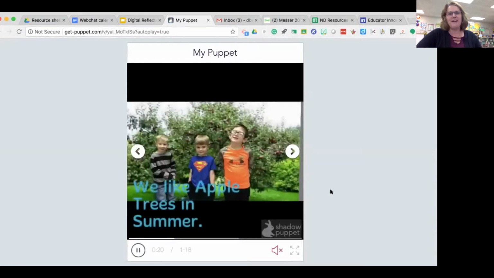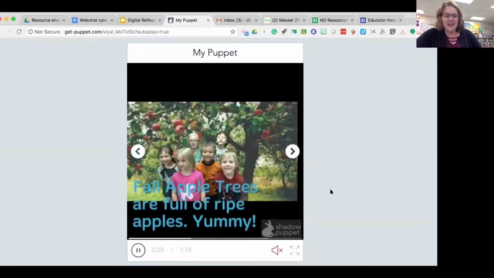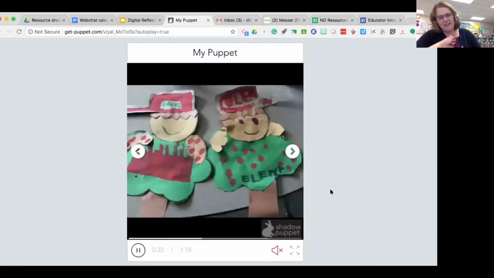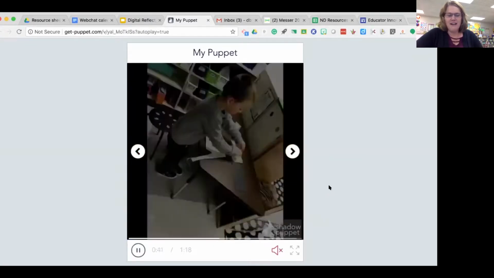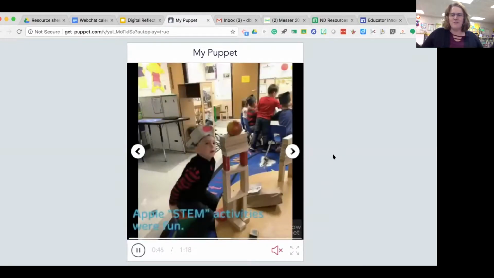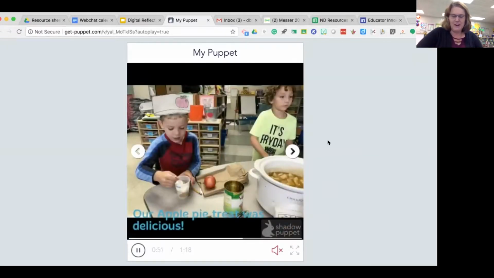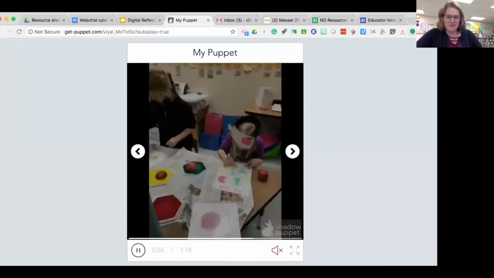look at that, how'd you get a spring tree behind you? And they're just amazed, because that was our first live green screen activity. And then I took those pictures. We have a display in the hallway, but then did a little writing about it. And then I utilized Shadow Puppet, which is a Seesaw app, or works well with Seesaw, and just made a little video, added some music to it, and just basically an overview of all the stuff that we did this week, including our green screen activity. So that's an example of one thing we did.